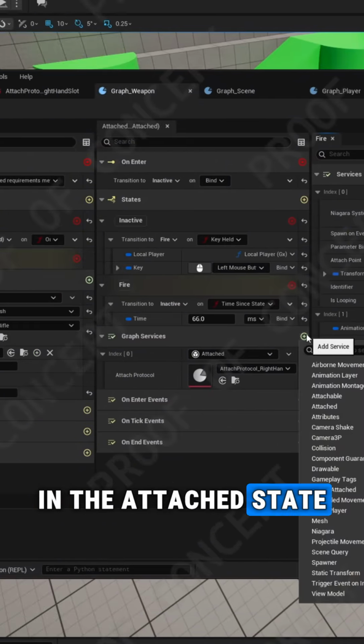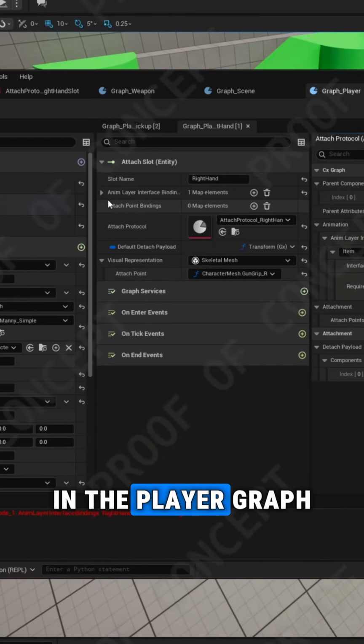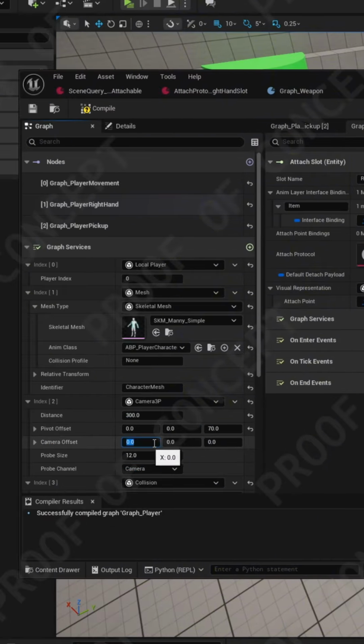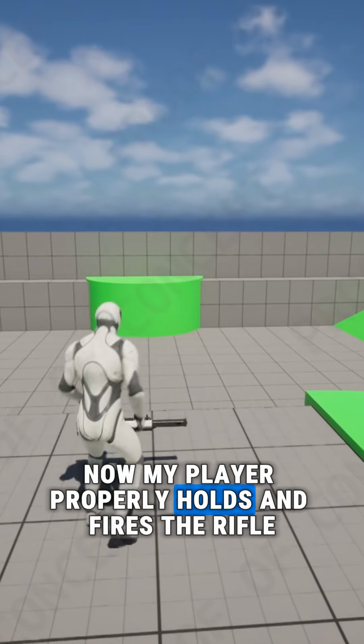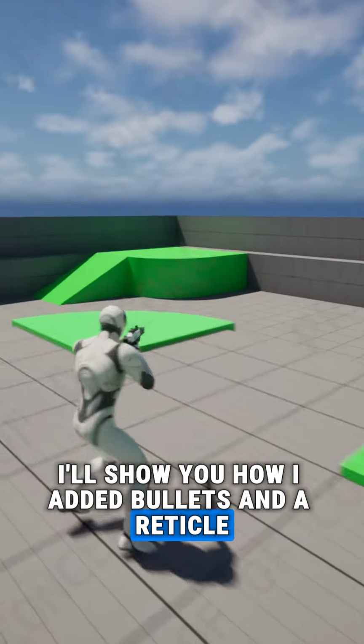Up in the attached state, I added an animation layer for the player to properly hold the rifle. Finally, in the player graph, I assigned the mesh to the attached slot's bindings and adjusted the camera offsets. Now my player properly holds and fires the rifle. In the next video, I'll show you how I added bullets and a reticle so there's no doubt